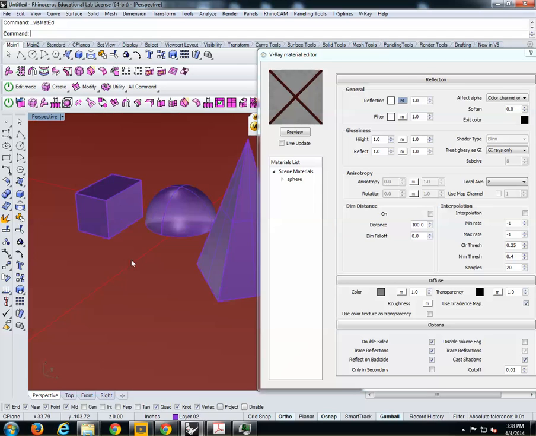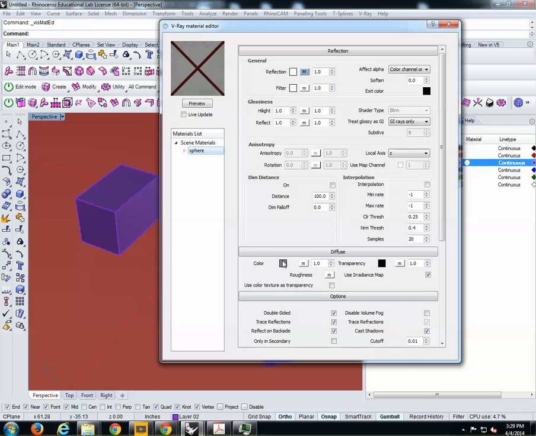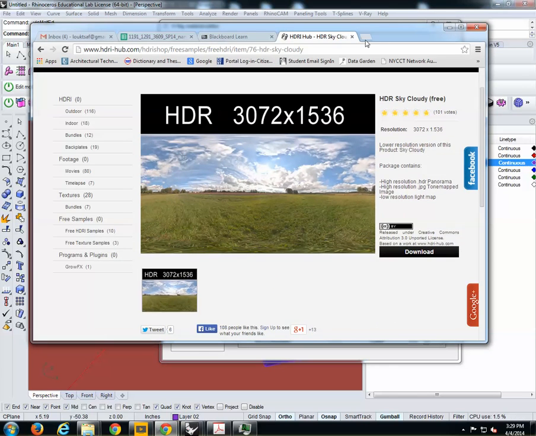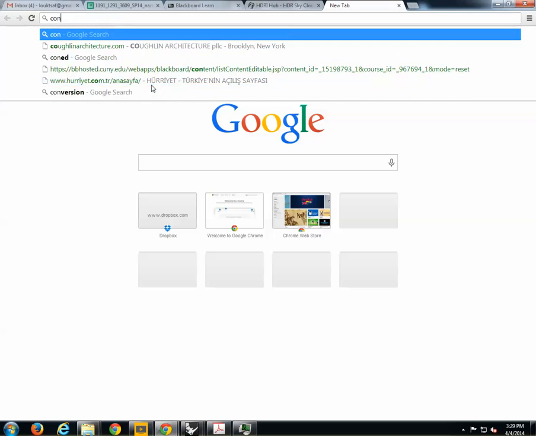Let's move next now. So far we haven't really assigned any texture mapping to any object we have been working with. Right now this sphere has a diffuse color that is gray, and we want to apply another map, let's say a concrete map or a stone map or whatever texture you may want. The logic is exactly the same, right? You go online and you start Googling. There is a huge library out there. As you Google more and more, you will save images and create your own library. So if I Google here concrete maps,